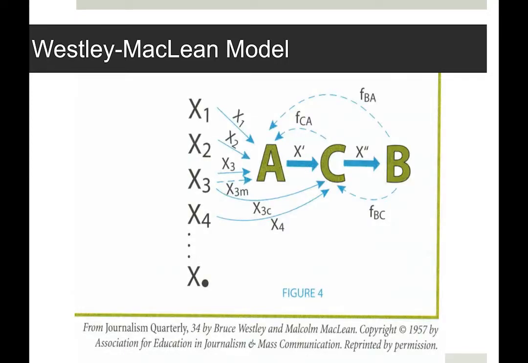More complexly here, let's look at this. X is all the events that happen, everything that's happening. A, let's say, is a reporter, someone who's observing these events. The reporter sees the events, passes on a written aspect, a video, news story, different little news packages, passes on to C, who could be the editor, the content editor for the newspaper, the blog, the magazine. They don't print everything. They choose a few things and pass on to you, the reader, the viewer. And each of these, see little dotted lines for F, feedback. So I can give feedback to the one person or the other, but not everything is passed on.